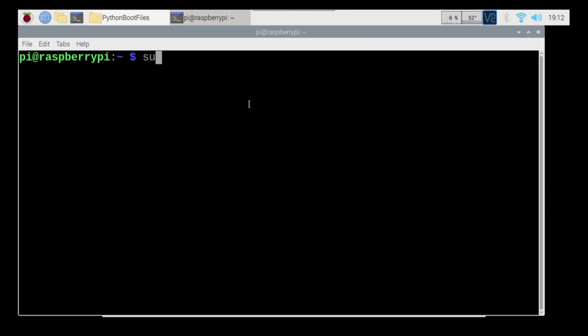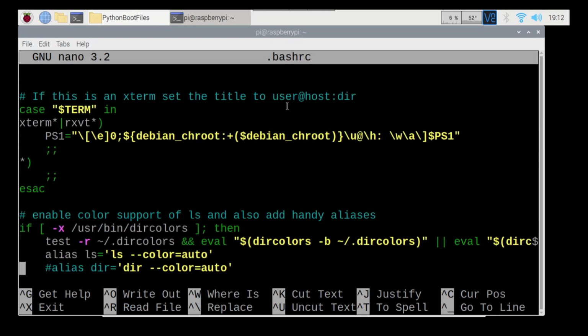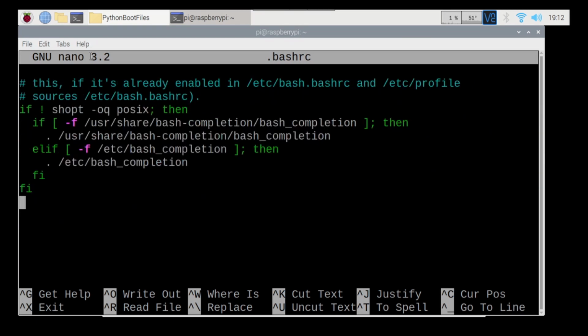And then I'm just going to type sudo nano .bashrc and hit enter. Now there is a lot of stuff in here, so don't worry about that. We're just going to scroll down to the very bottom here. And this is where we're going to type our script. So all we're going to do here is echo, running at boot, and then we're going to go sudo python3, then we're going to go /home/pi/